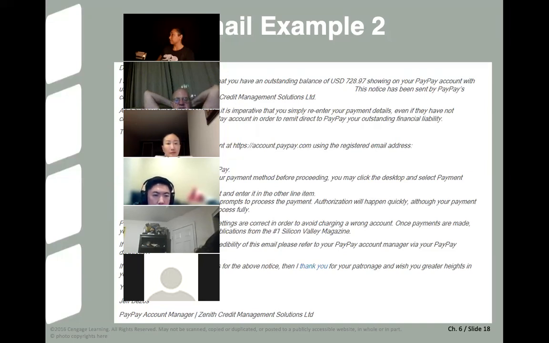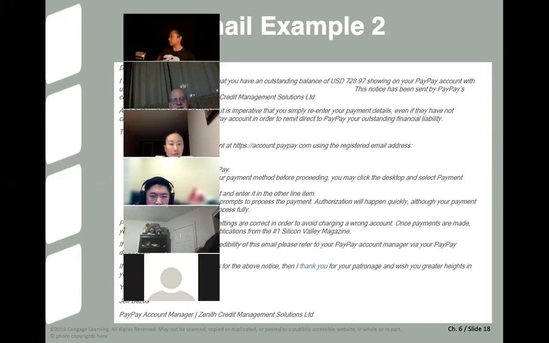As a highly valued client of PayPay, it's imperative that you simply re-enter your payment details." So that's the ask. We need you to come back in and do this. "Even if they have not changed, by logging into your PayPay account in order to remit direct to PayPay your outstanding financial liability. And then here's how to initiate a payment."